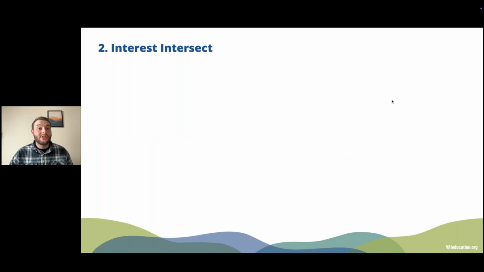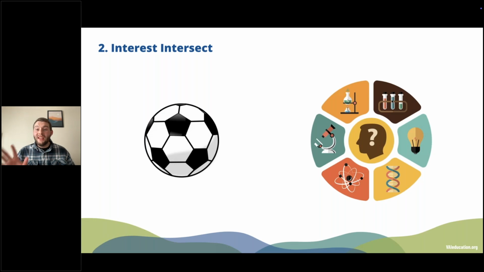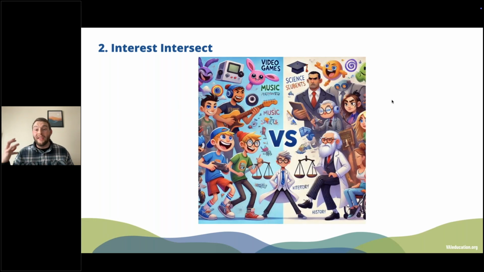The second one is called the interest intersects. Now, I had a student, and it seemed like the only thing they cared about was soccer. Soccer was it for them. Essentially, they had to do what they had to do in order to play the soccer game later in the week. So it seemed to them that these were two entirely different realms. When a student's super interested in soccer and I'm trying to push sciencey concepts onto them, sometimes those two things can feel like this,